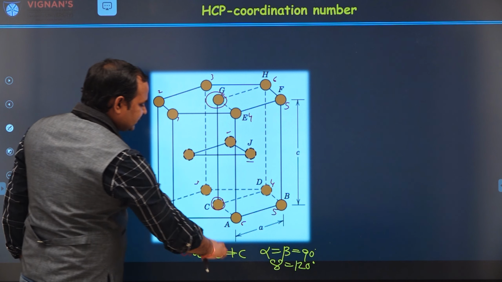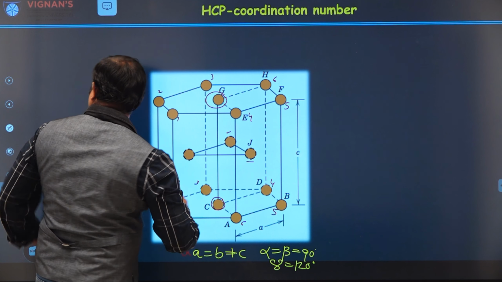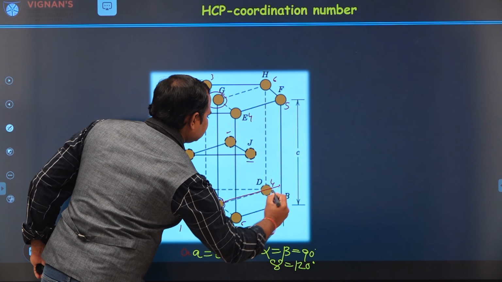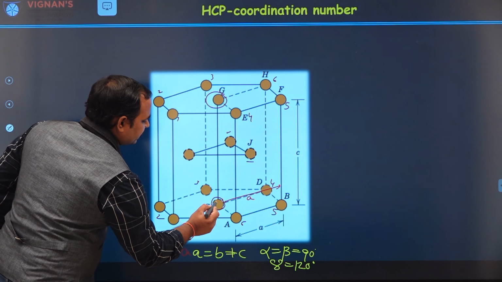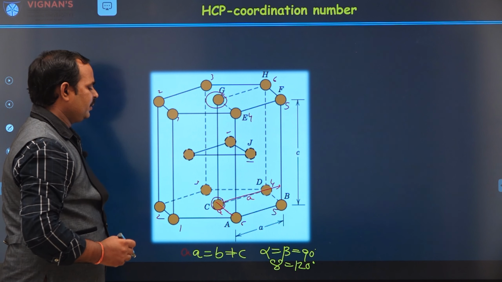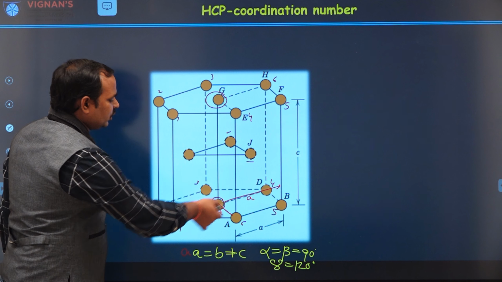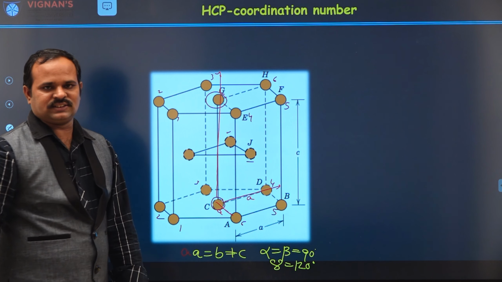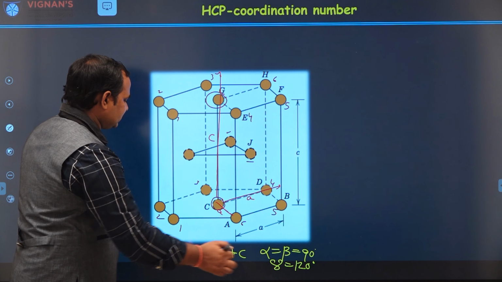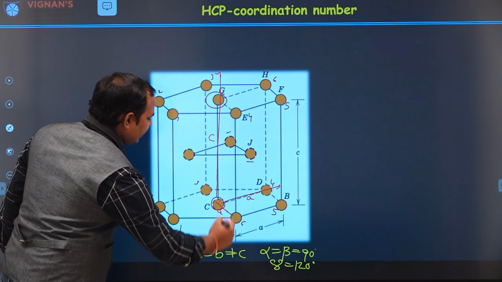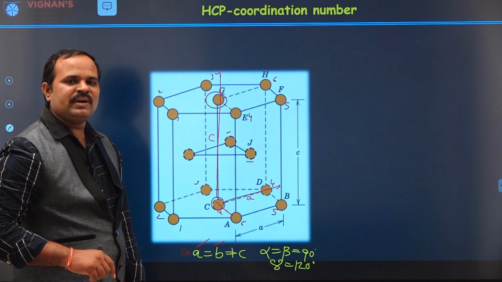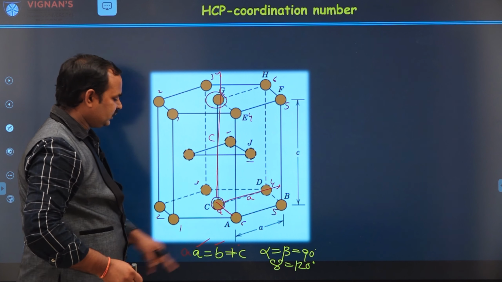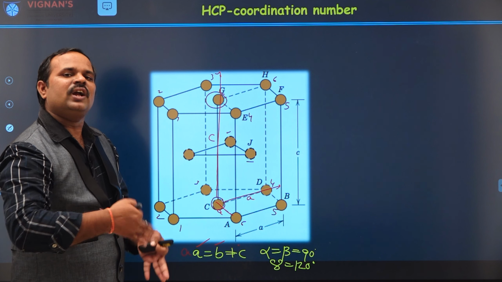You can see here A is equal to B. For example, this is an atom. This is one axis A and this is another axis A or B, whatever we can say. A is equal to B and this is another axis, the C axis. Both A and B are the same, the lattice parameters along the x and y axis, but not equal to C. C is longer. So that is the meaning of A is equal to B, not equal to C.